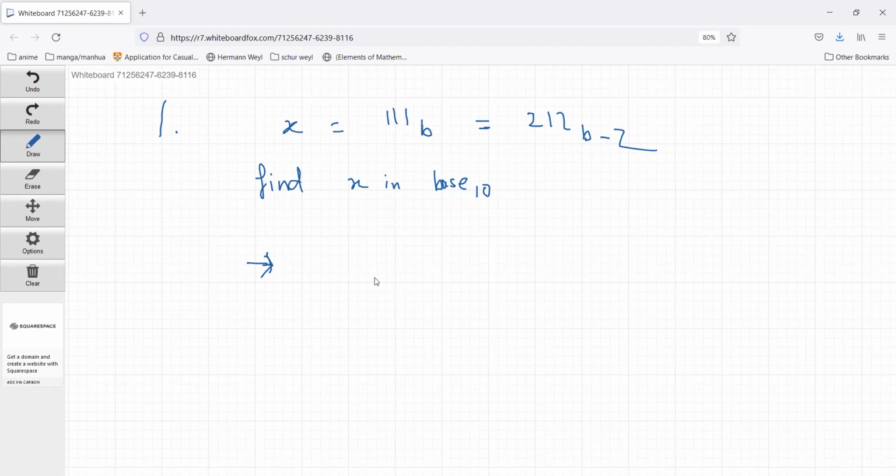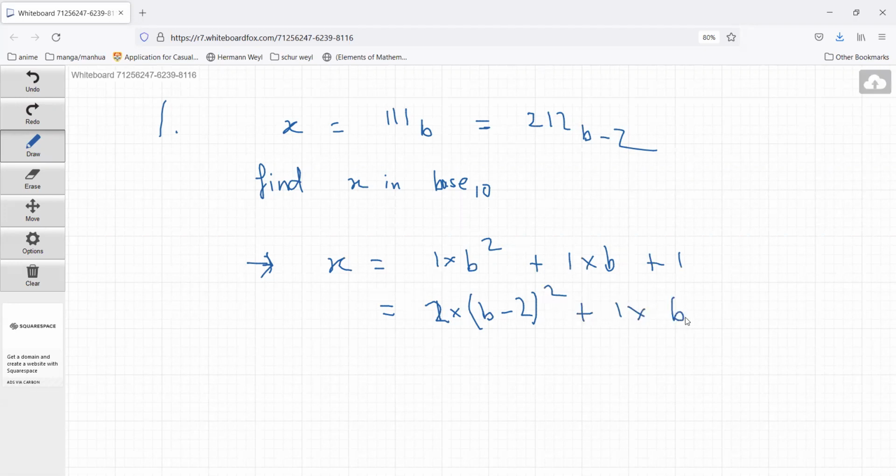Okay, so find x in base 10. So let's unpack what we know. We have x is equal to 111 in base b. By the definition of base b, that means x is equal to 1 times b squared plus 1 times b plus 1. And on the other hand, we have that x is equal to 2 times (b minus 2) squared plus 1 times (b minus 2)